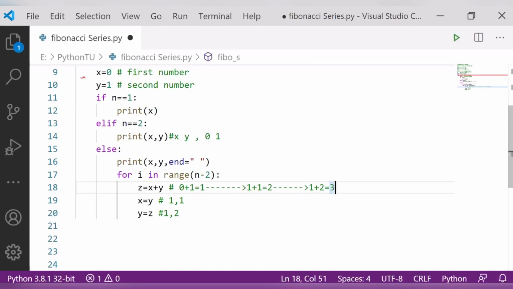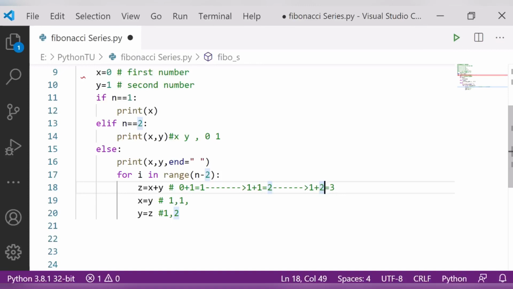Clear? I hope it is clear to you. I am changing the number. The first time 0 plus 1 was there, then this, because I am only adding the previous numbers, nothing else, nothing special I am doing here. So now what will happen here? Can you tell me? This is x, this is y. Okay, this is x and this is y.